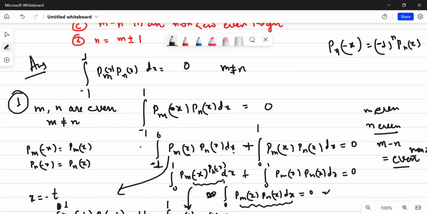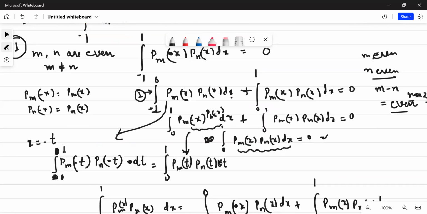So in the first integral, if I replace x by -x, and given that m and n are both even, Pm(-x) will become Pm(x) only, and Pn(-x) will become Pn(x) only. This dx will become minus dx, and this -1 will become 1, and this will become 0. So instead of minus dx, write dx only, and then this is from 0 to 1. Like, you can revert the limits. So if you revert the limits and you add them up, you'll get 2 times integration 0 to 1 PmX PnX dx equal to 0, or you can write integration from 0 to 1 Pm Pn